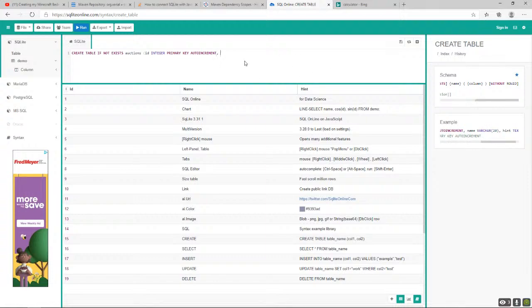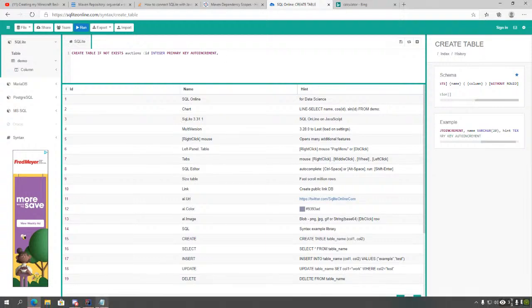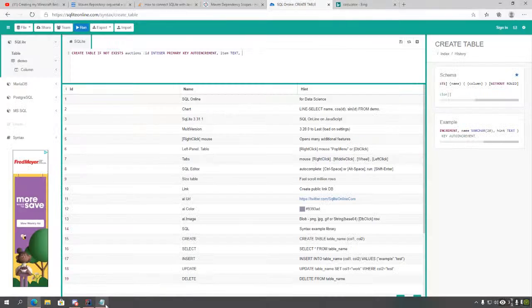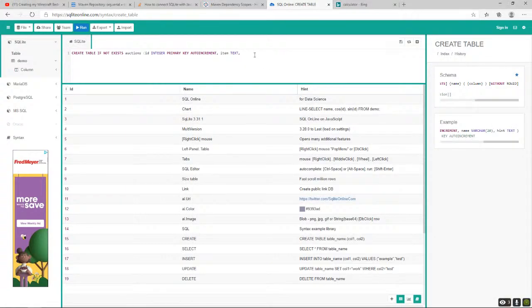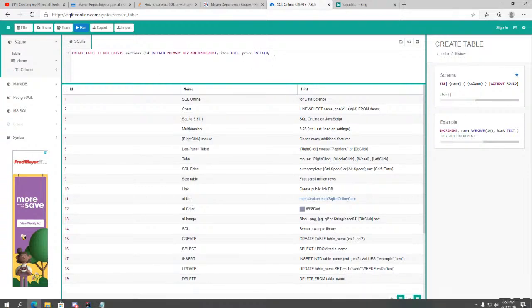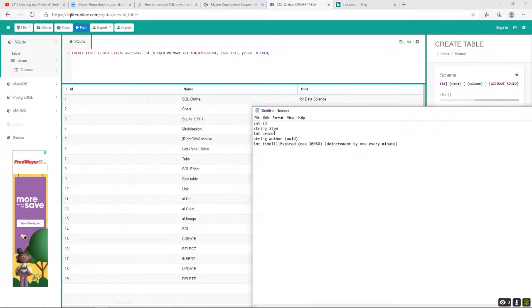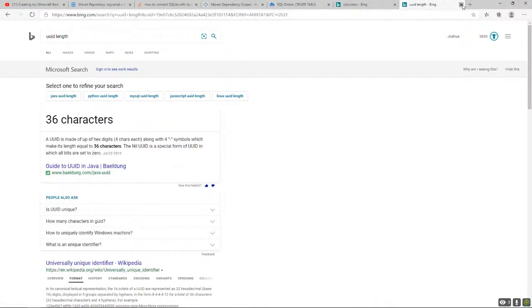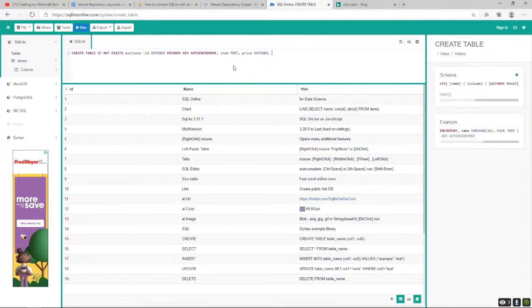Name, so we have to, wait, no, we're not going to have name, we're going to have string, so item as in text, price as an integer, string author is a UUID, so UUID length 36 characters. So I should have a varchar of 36 characters.